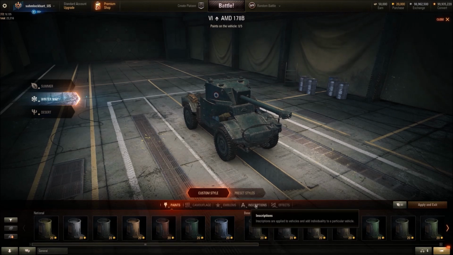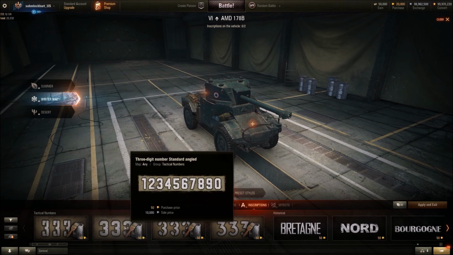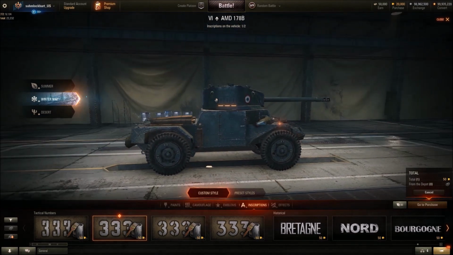Also, you could put inscriptions with numbers and stuff with this patch. So I took a look. You could go to inscriptions. You can actually paint your own number onto a vehicle. So if you have your own favorite number, like